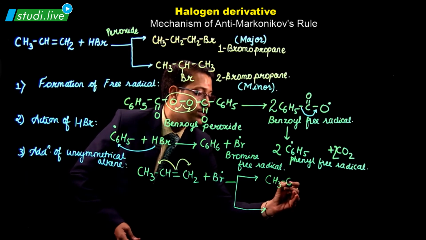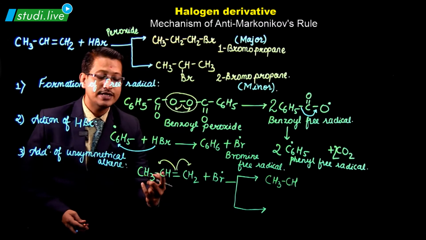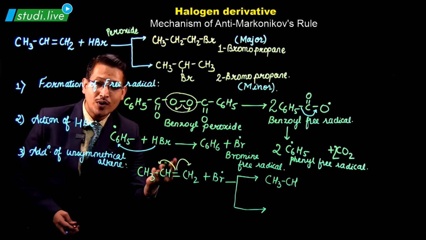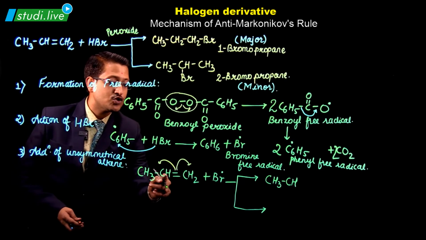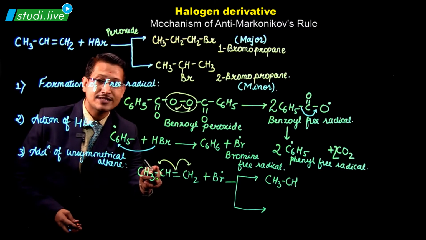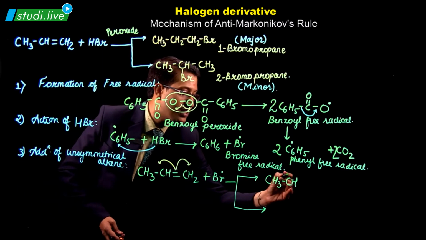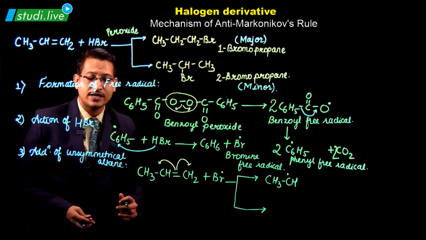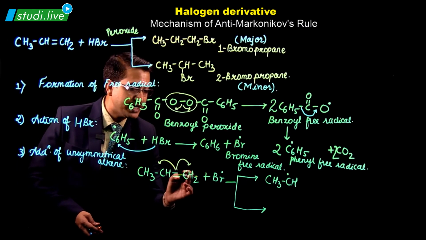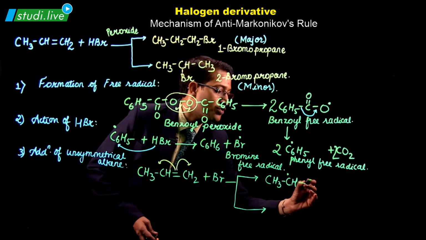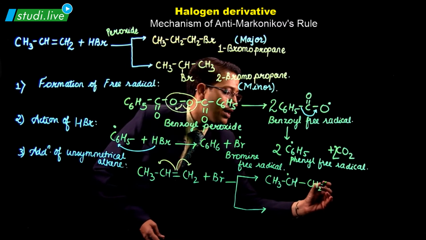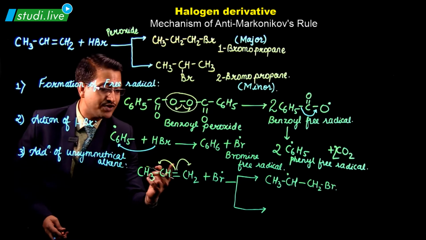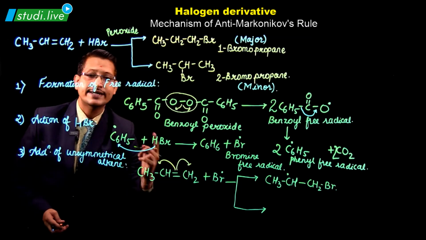CH3, CH. Now this is CH here. Now let's take the first one, that is towards the left hand side. Now towards the left hand side, if I say the arrow, now this is here CH, electron has been shifted here. So this gives me a free radical. So this is here CH with a free radical getting here, and this Br gets attached. So this is now here CH2 and this is Br. So CH3, CH with a free radical and Br getting attached.